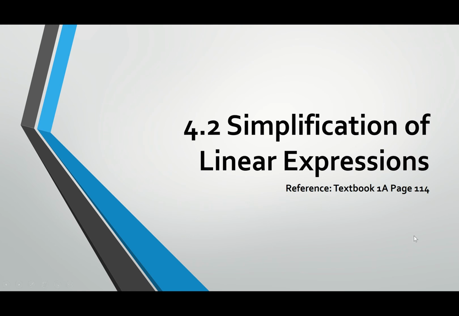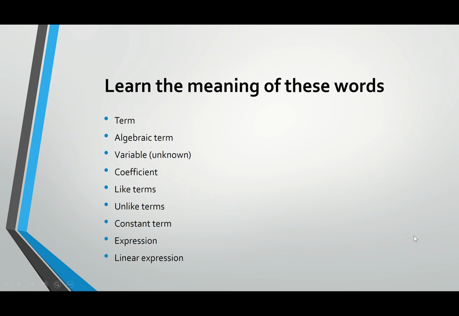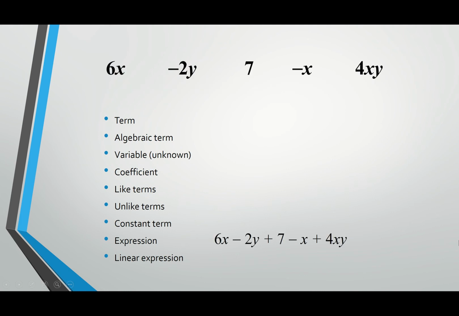Okay, let's go. You'll be learning the meaning of these words: term, algebraic term, variable, also known as unknown, coefficient, like terms, unlike terms, constant term, expression and linear expression. Let's proceed. What you see at the top here,